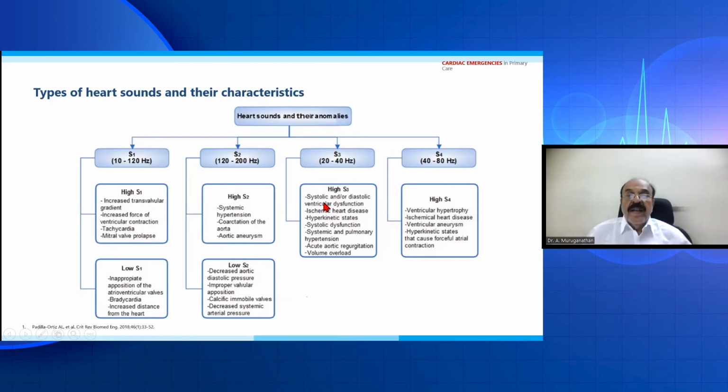S3: systolic and diastolic ventricular dysfunction, ischemic heart disease, hyperkinetic state, systolic dysfunction, systemic and pulmonary hypertension, acute aortic regurgitation, volume overload. S4: ventricular hypertrophy, ischemic heart disease, ventricular aneurysm, hyperkinetic states that cause forceful atrial contraction is the fourth